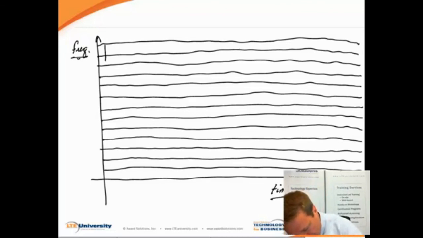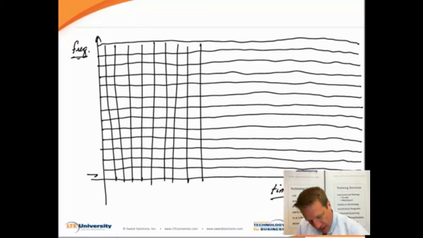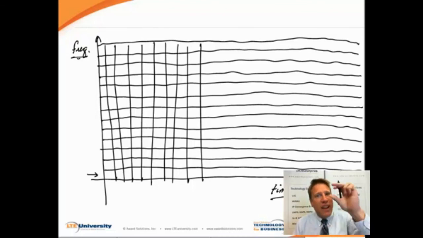Now, what we do is we create this matrix of time versus frequency. And on the frequency side, this is one of those, we'll call it a block. Okay, it's a block of those 12 subcarriers, those 12 frequencies that can carry data. Okay, so on the frequency scale, the eNode B has a set of blocks that it can assign to users